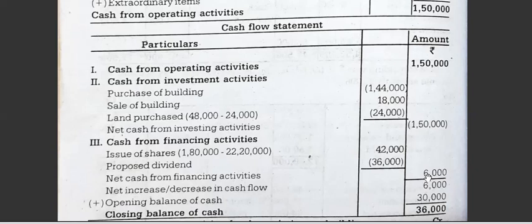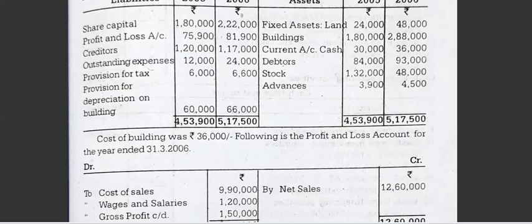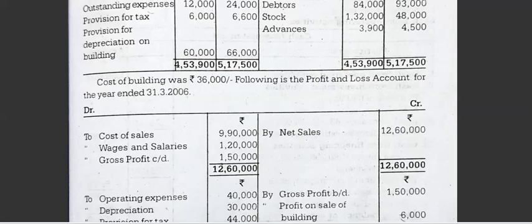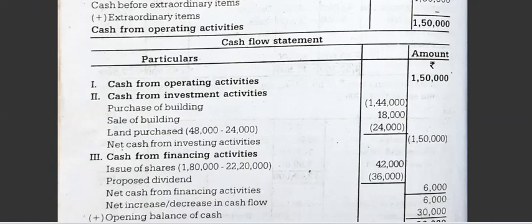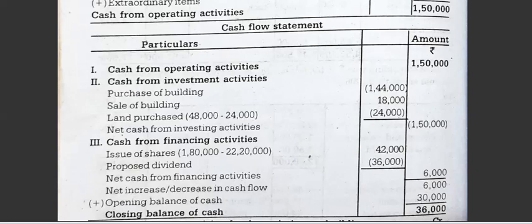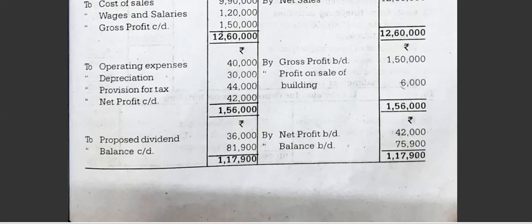Now total and write 6,000. Now all this minus this positive, so cancel, 6,000 remains. Add opening balance of cash. Cash opening balance, you check the balance sheet, you will get cash opening how much, 30,000. You add 30,000 to that amount, you will sure to get 36,000. And you can check your answer, you must get 36,000 because the closing balance you check, it is 36,000. Okay, so this is how you have to prepare the cash flow statement.